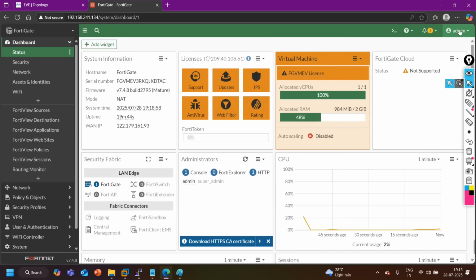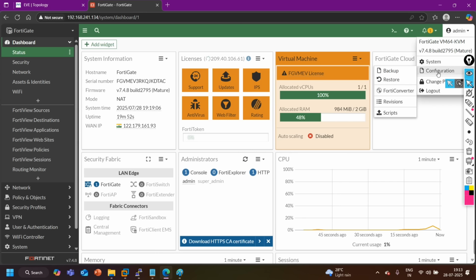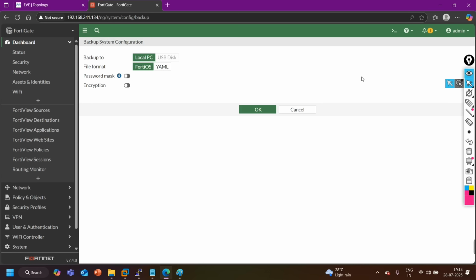Here this is my dashboard, and you can see on the top right side there is admin. If I click on admin, here system, configuration, password, many things are there. For example, if you want to take a backup of your configuration, you simply click on backup. And guys, the dashboard is so user friendly, right? Anyone can understand it